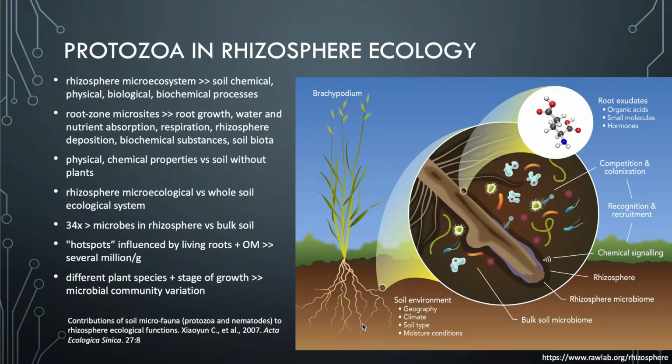And then what happens underground very much influences what happens to the plant, and therefore what happens to the larger atmosphere around the plant. It is all very much cyclical, and each of these impact on one another, and so it is just a system. We need to understand the rhizosphere ecology as part of the greater system, the global system. Really, we're looking at micro scale to sort of macro scale, to like an individual plant, to the whole forest or paddock, to the whole biological system of the biosphere, and that includes climate.